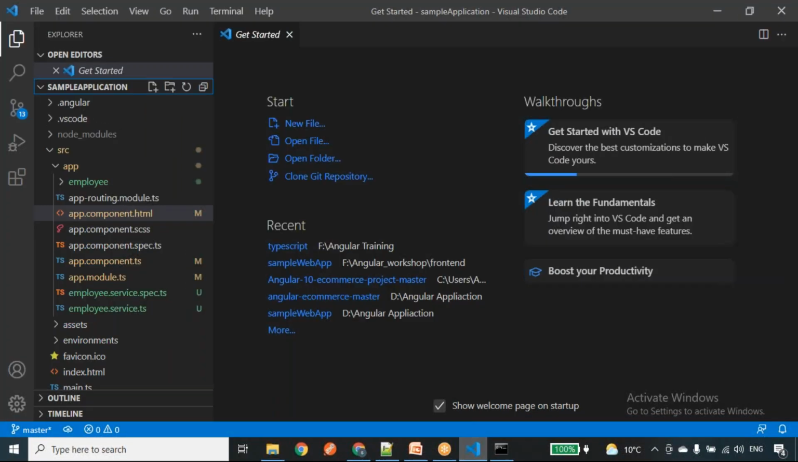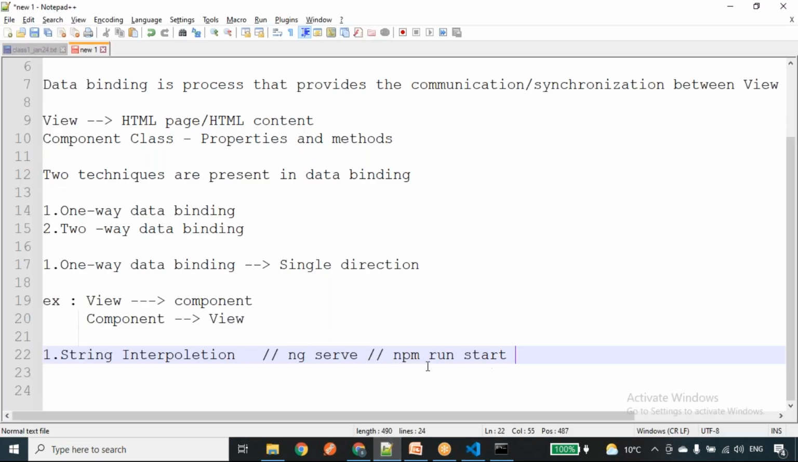Okay, I'll tell you the difference. Basically both commands are the same. I'll show you the difference. Once you run ng serve, it will compile and build our application and load it in the browser using localhost 4200. But if I run npm run start,